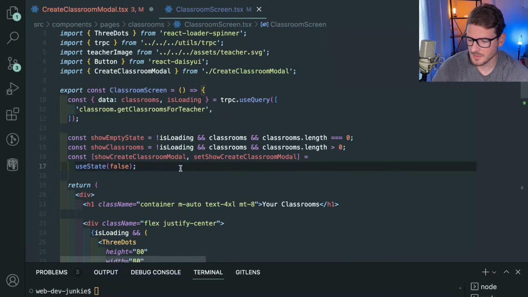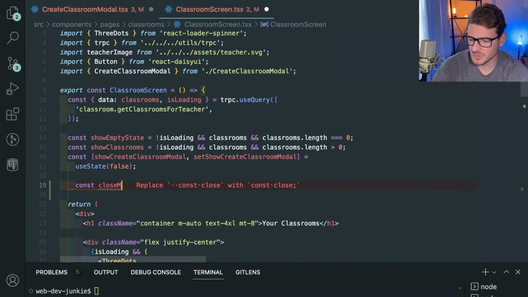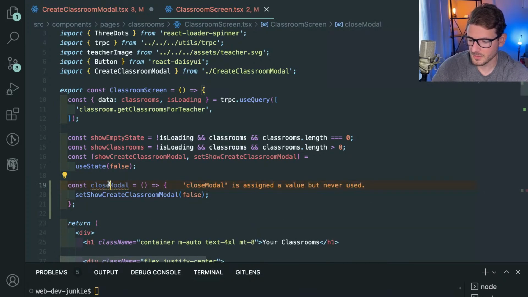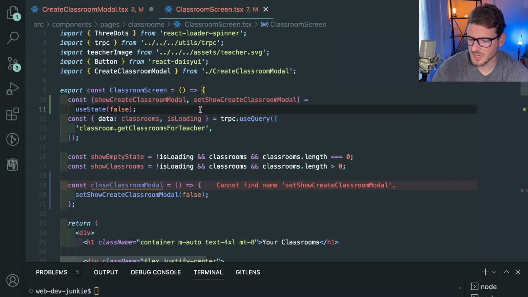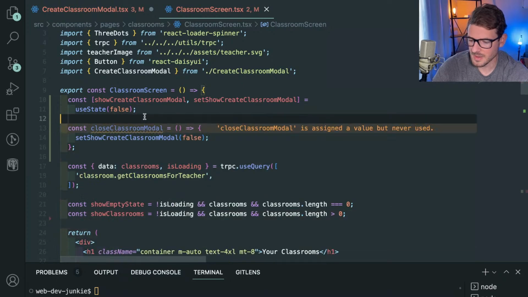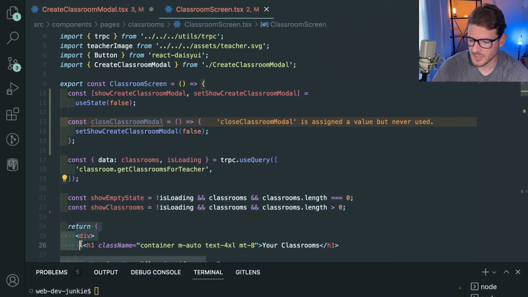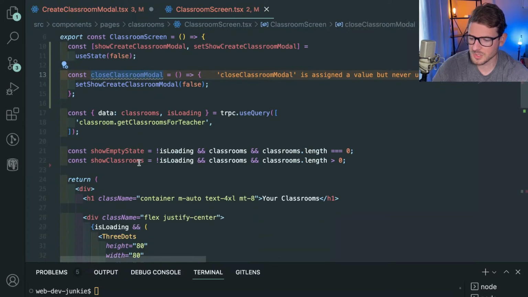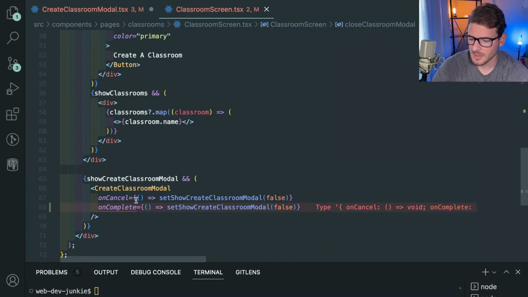So we could say const closeModal, and it's going to call that. Maybe make it more specific too: closeClassroomModal. And I'm going to move this state variable to the top, because typically I have state at the very top. I don't know why I had it down there. Then my functions would come right after that. Derived state is always at the end, right before you get to the view. And then this could be anything else. But I'm going to call closeClassroomModal for both of these. So if you cancel, we're going to close it. If it's complete,